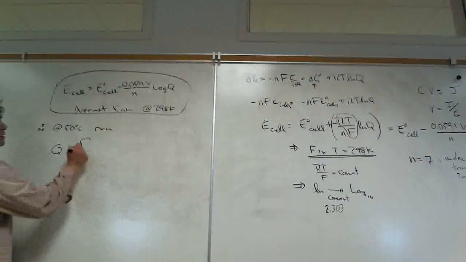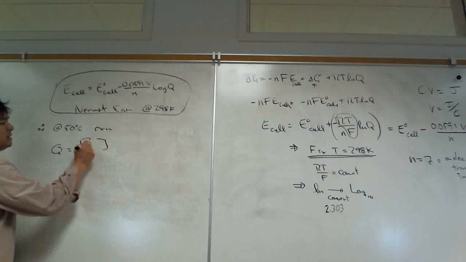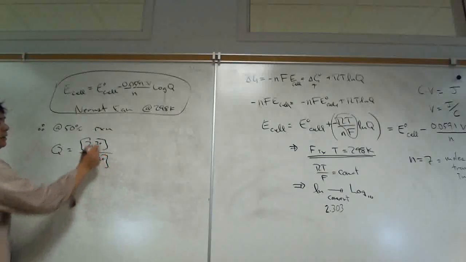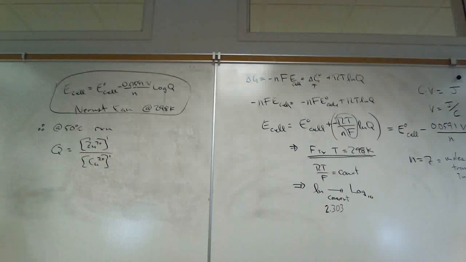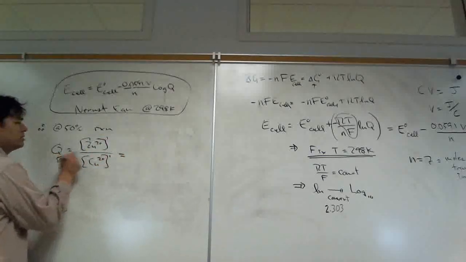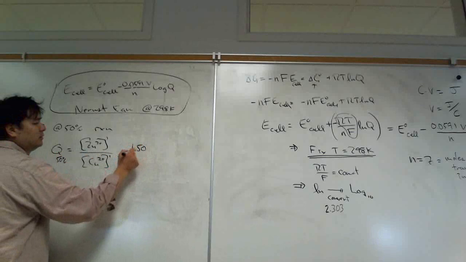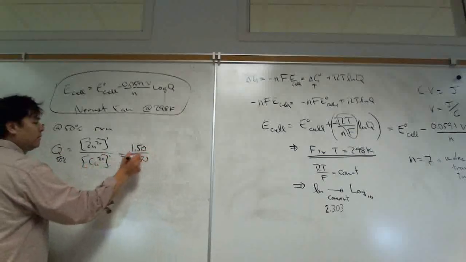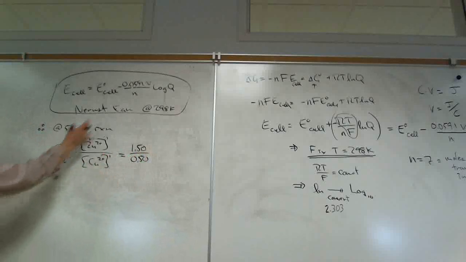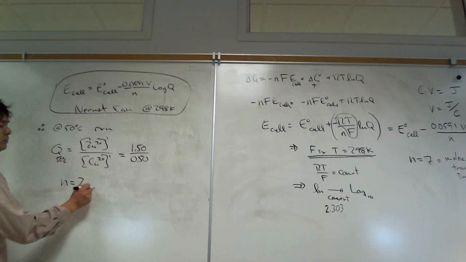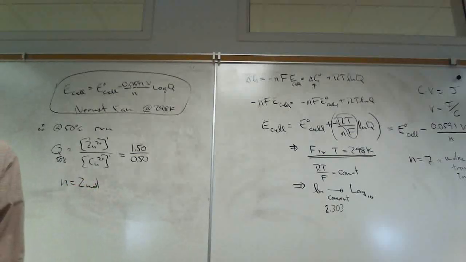So at a 50% reaction, Q is equal to the concentration of Zn2 plus, the product, over the concentration of Cu2 plus, the reactant. These are raised to the first power because the coefficient is 1. And so Q at 50% is what? What's the Zn2 plus at 50%? 1.50. And the Cu2 plus? 0.50. So that's our Q at 50%. And then we just plug it into this equation. What is N? Two. N is 2 moles of electrons because in the balanced chemical equation, when you look at the half reactions,